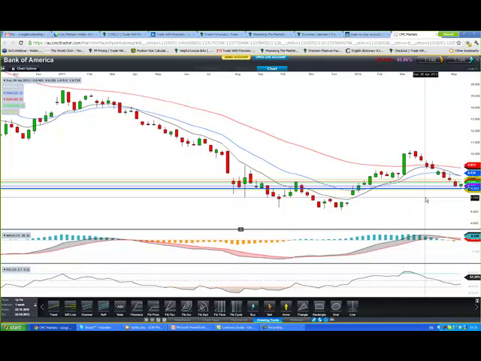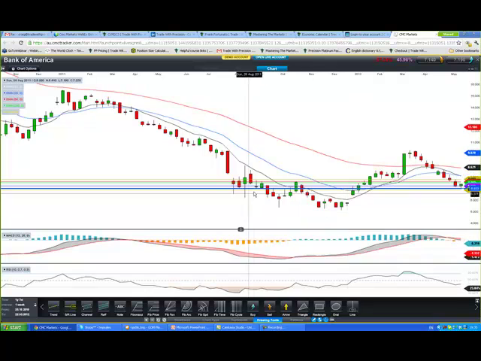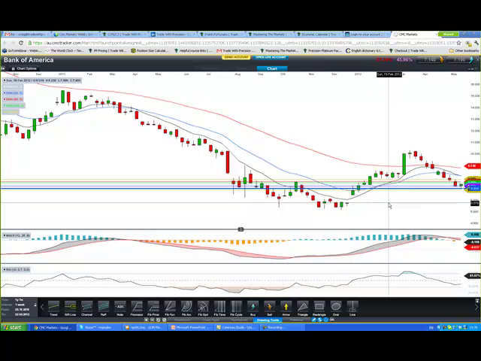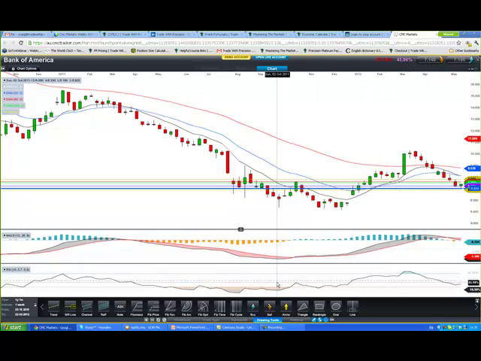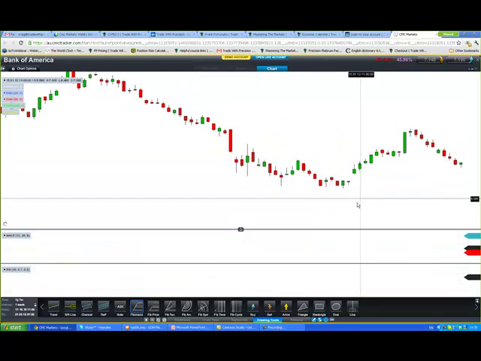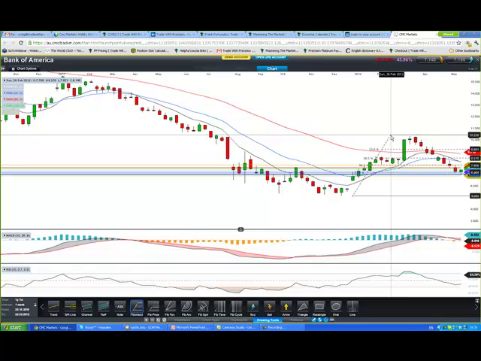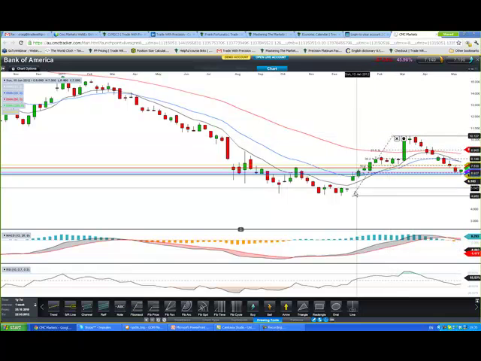But just having a look at this right now. Reading what I see on the weekly, the price has pulled back to a level of support there. It's not a massively strong level, but there certainly is one. What I want to do now is draw in some Fibonacci. Have I got that? I have. Whoops. Fibonacci from the low to the high.